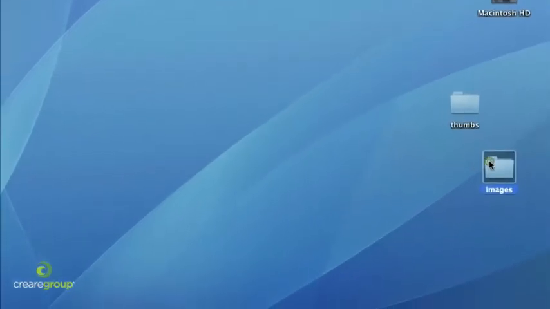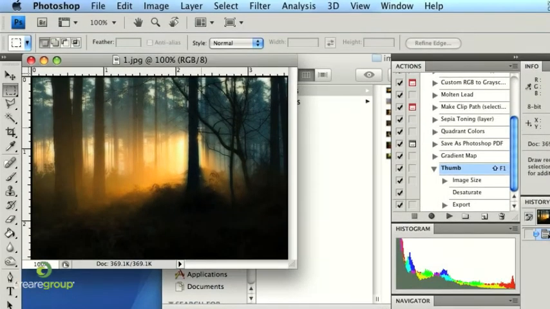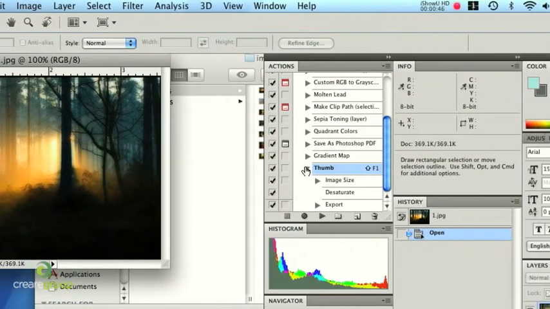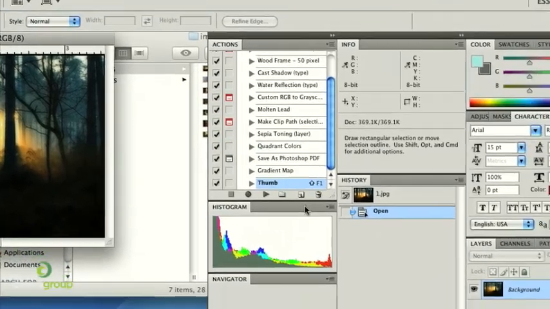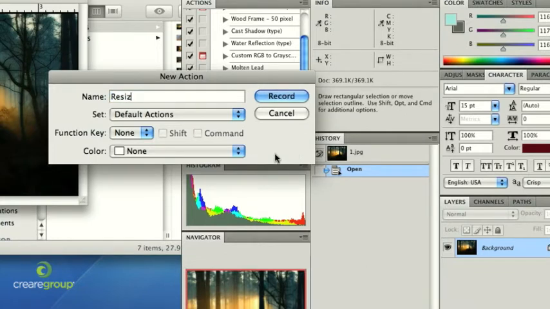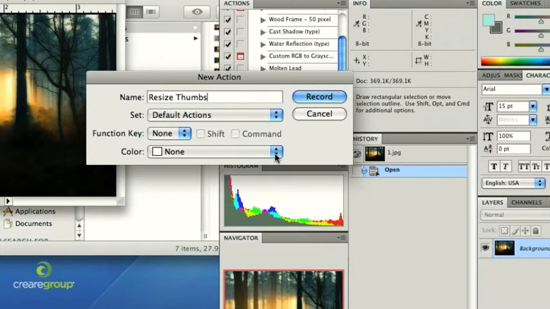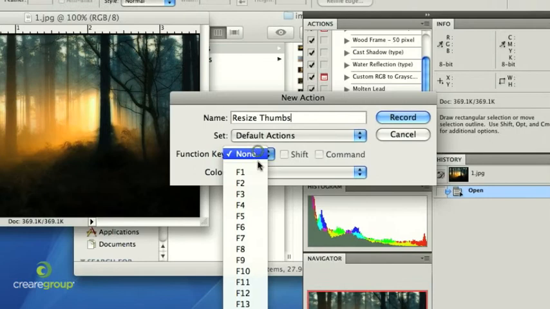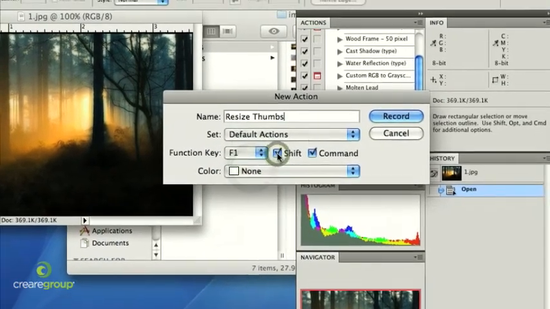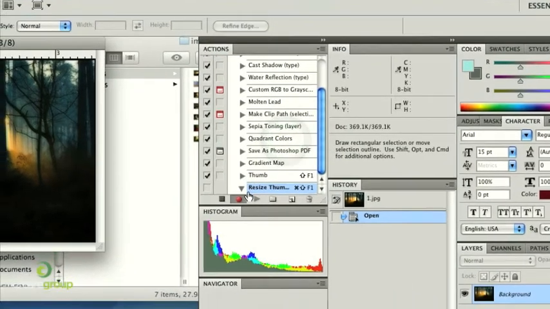So in order to record the action, first thing we want to do is to open up one of the graphics and create the action. All you have to do is make a new action. So let's say we call this resize thumbs, for example. What you can also do is give it a function key, so you have a shortcut. So let's say we open up the next photograph that we want to process. We could do the shortcut which we could set as Shift F1 for example, but I'll show you more about that in a moment. Right, so once you click record, you'll see here the record button's on